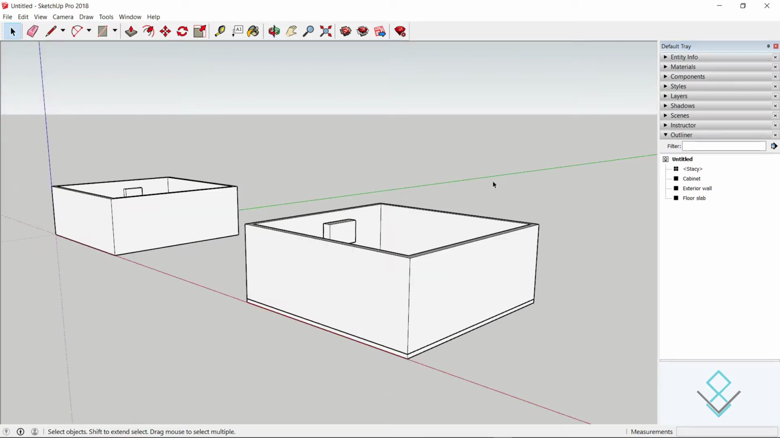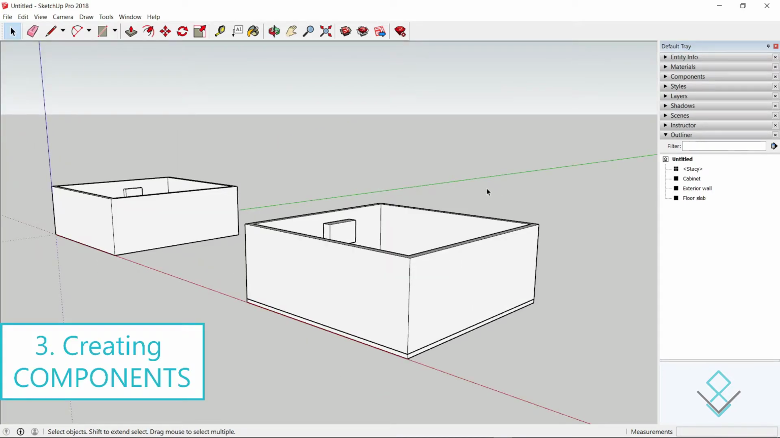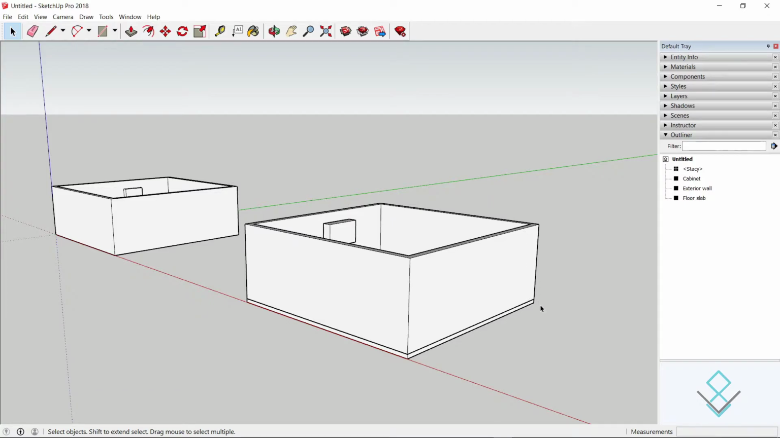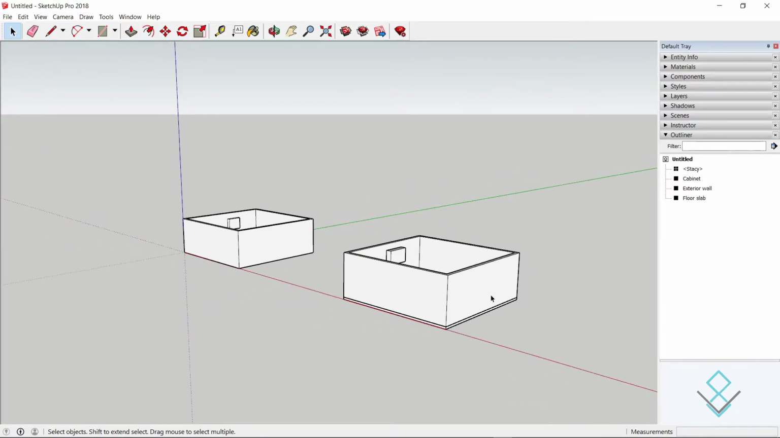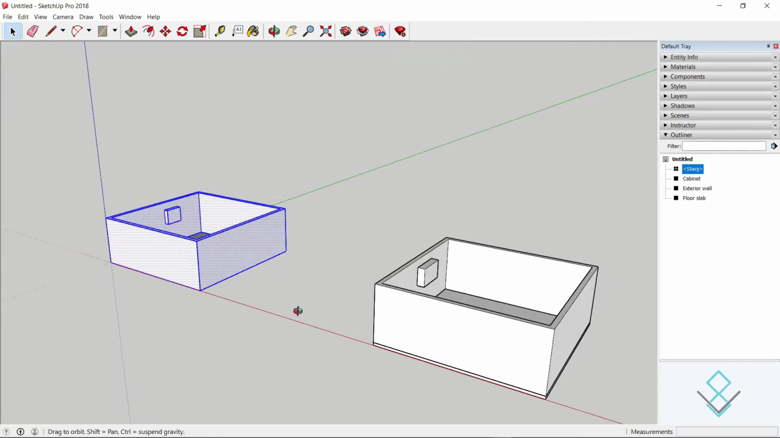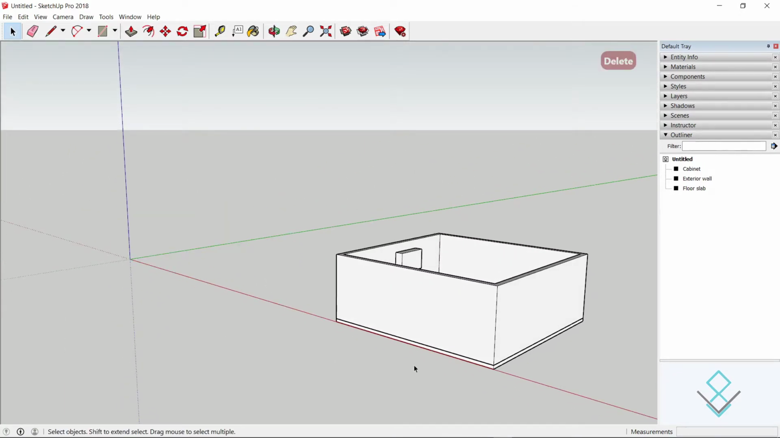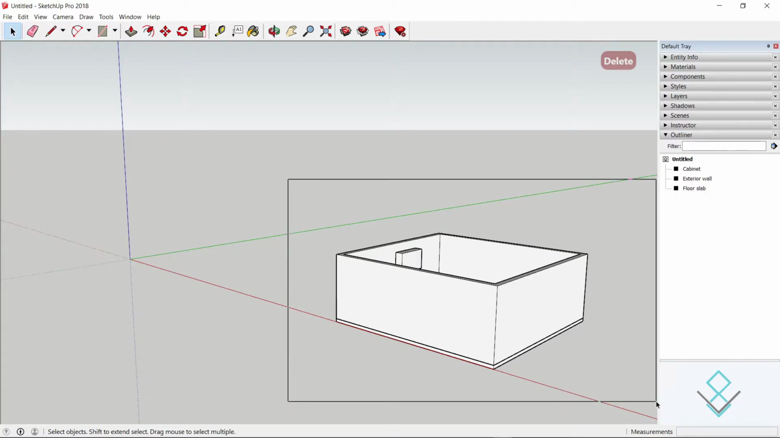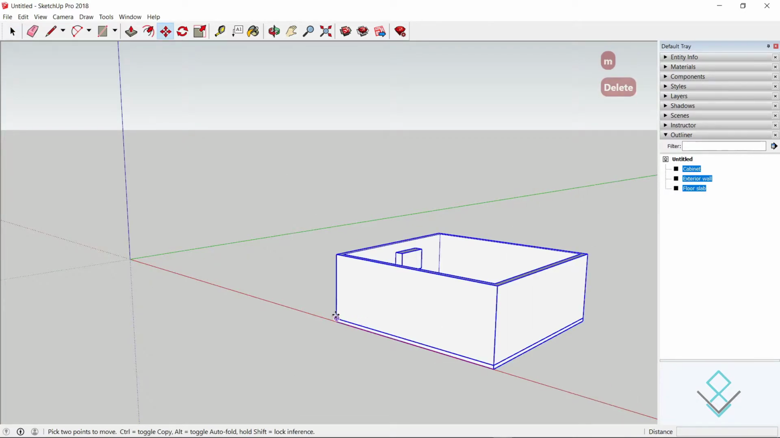Alright guys, tip number 3, creating components. So what do I mean by that? The rule here is that if you are going to use something more than once in your model, consider making it into a component. I'll go ahead and demonstrate it for you now. Let's delete this ungrouped yucky model. As you know, we hate it here. Let's move this here to the side,